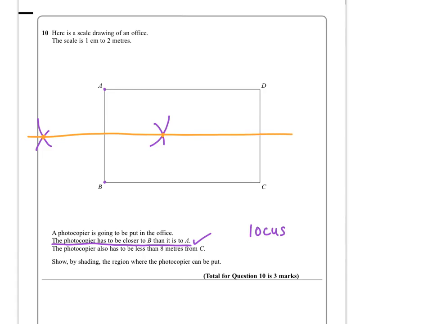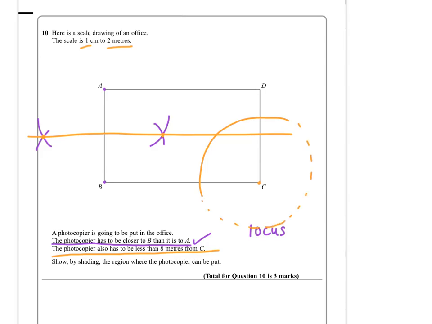So that's my idea of saying the halfway point between A and B, and I've used construction lines to show that. And then the second rule is the photocopier has to be less than 8 meters from C. Well, we look at the scale, 2 meters is 1 centimeter, so I'd do 4 centimeters on my compass. I'd have the sharp point here, and I would just basically draw part of a circle, and you can draw the whole circle if you want, but I'd say it would be something like this, and then I can carry it all the way around if I want to